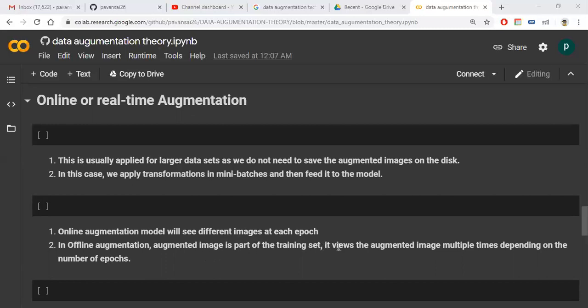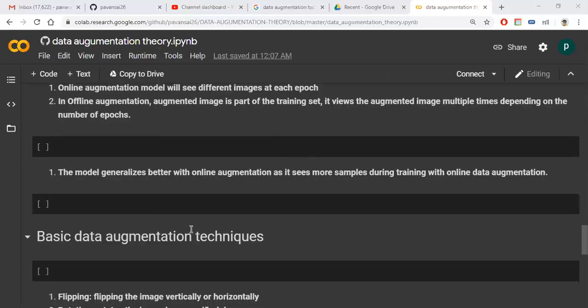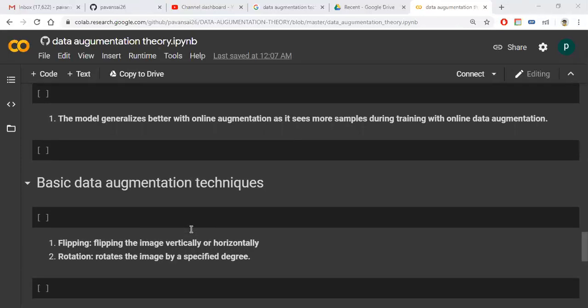Before fitting the model, we need to give the train and test data. So in offline augmentation, this augmented data also comes under the training set because we do augmentation before implementing the model, and we use the augmented images multiple times depending upon the number of epochs.